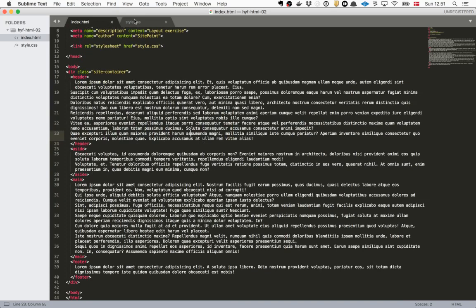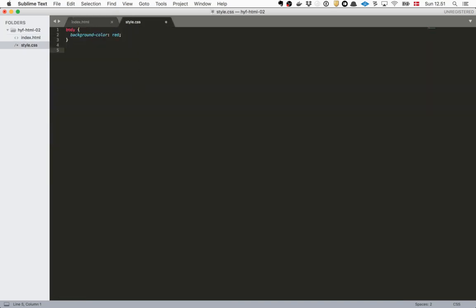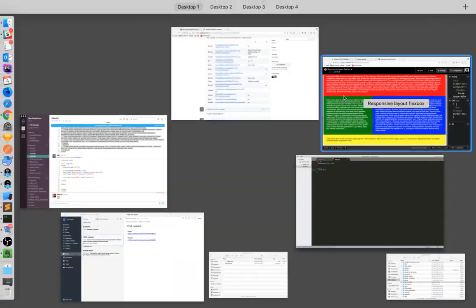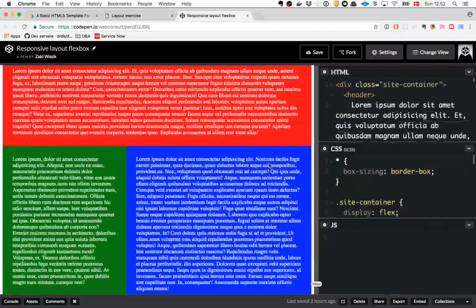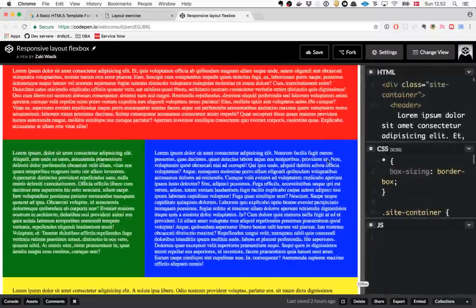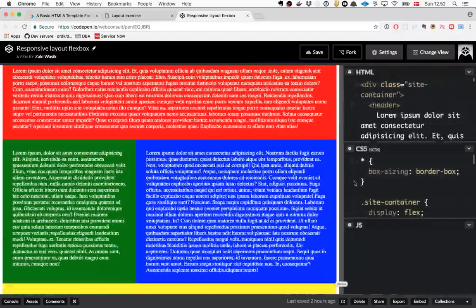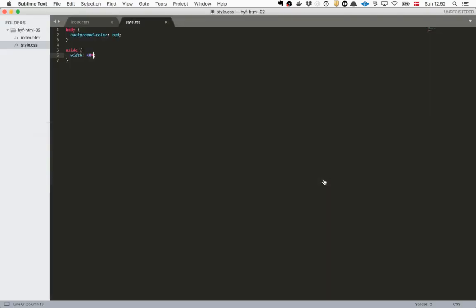So what we're going to do is create a rule for a side, and let's make it width 40%. Notice that I'm using percentages. That's because we want to have a responsive grid, so you can resize like this and it will resize. You could use pixels, but then it would not be resizing when you do this. And then we have the main.